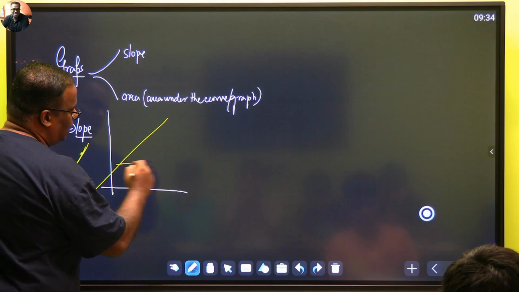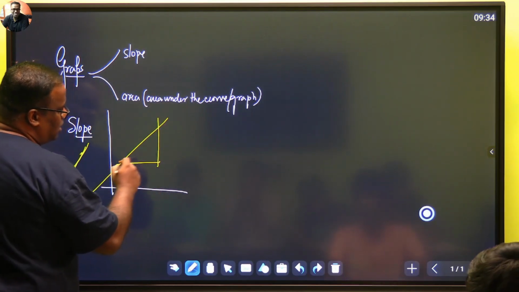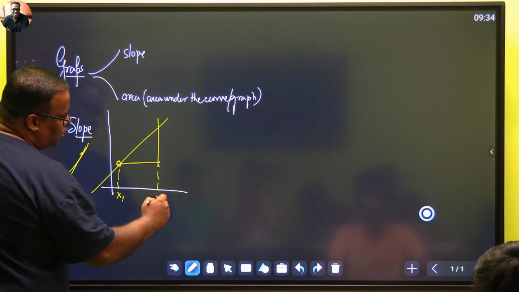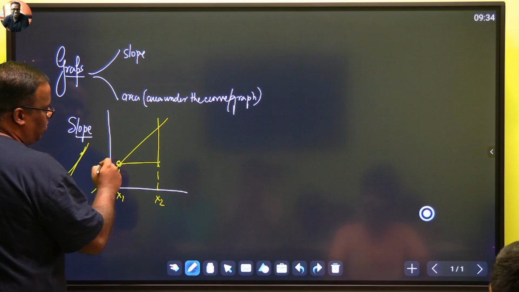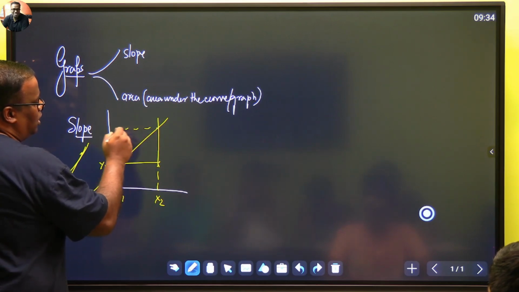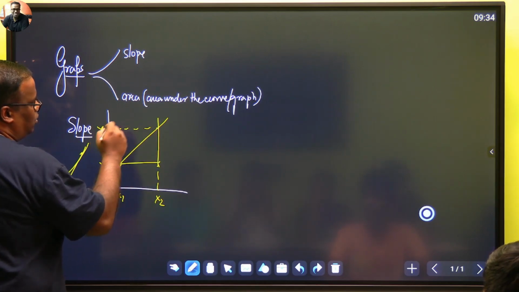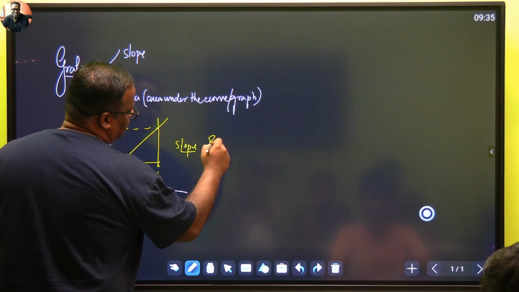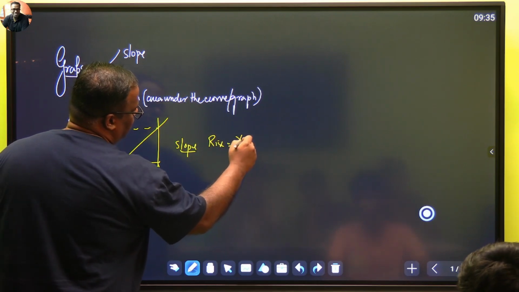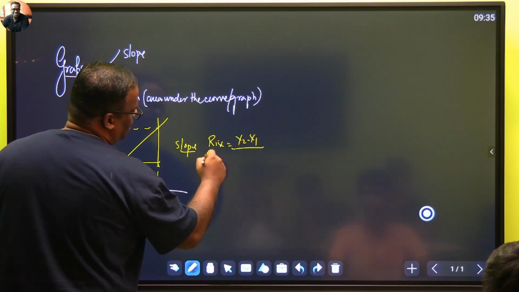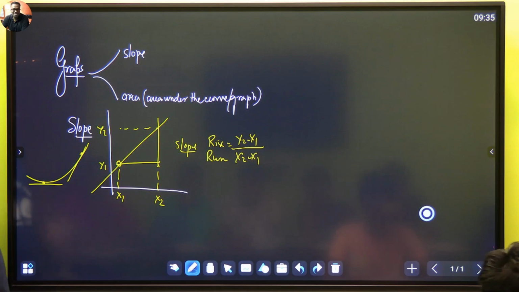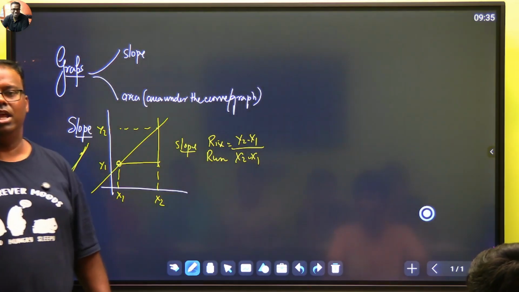And if you want to find out the slope, take any 2 points, like this is 1 point, इसका आपको एक x1 मिल गया, इसका आपको एक x2 मिल गया, and you get a y1 and you will get a y2. So the slope is always given by the rise, कितना राइज किए हो आप, y2 minus y1 divided by run. Run is x2 minus x1. Always remember final minus initial is the convention that we put, and that way we will be getting.